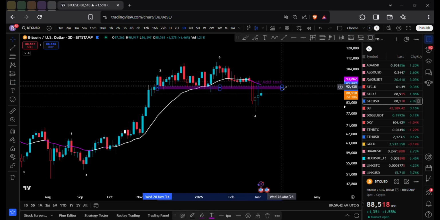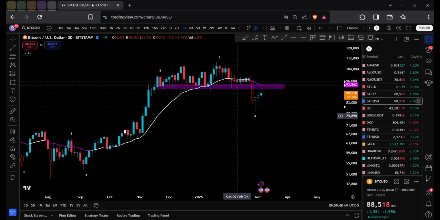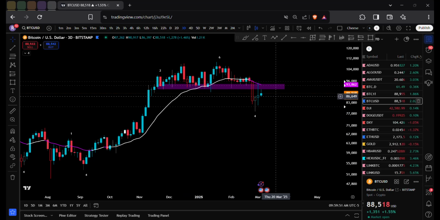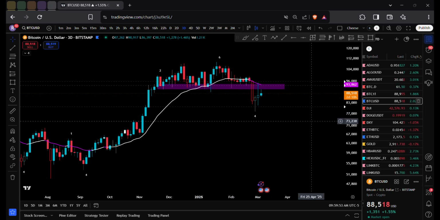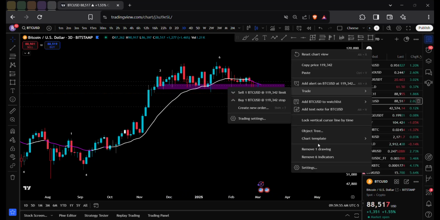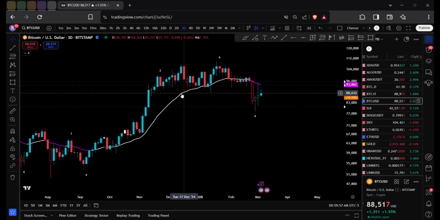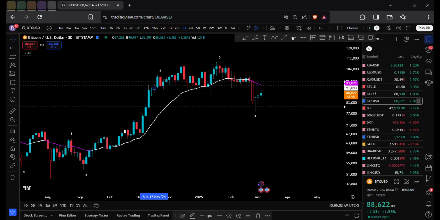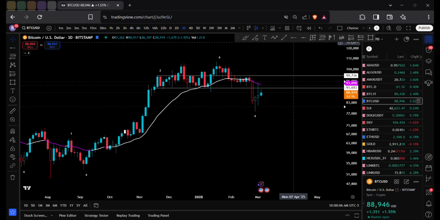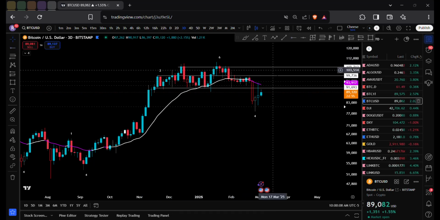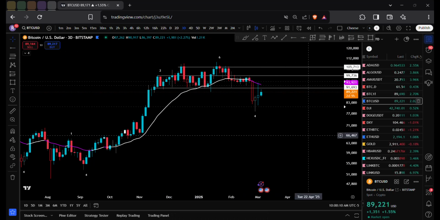Resistance is, let's just say, 90,000 to potentially 94,000. It's the bottom of the wicks. We don't turn bullish until we break 91, 90,000. If that happens, then that shows me we have potential to go back into the sideways range of, let's just say, there's number 1. Here's number 2. Okay, so we have 91.6, 99.7, 105.7.